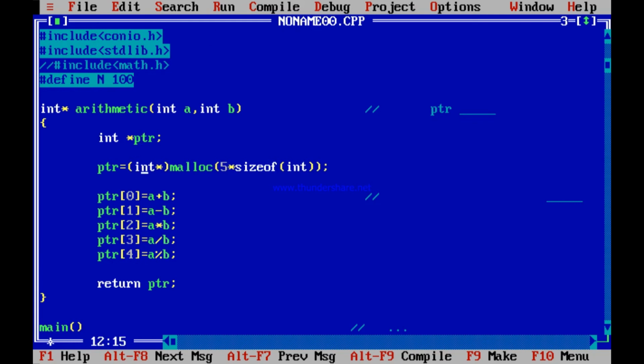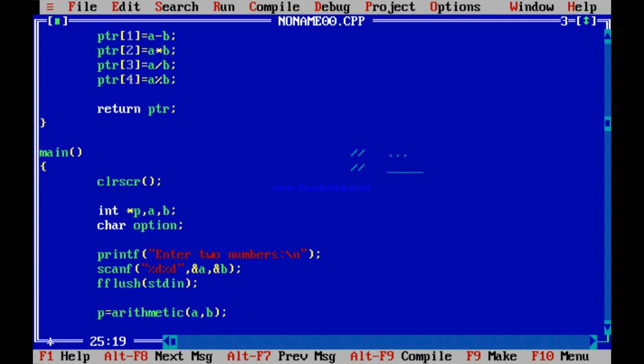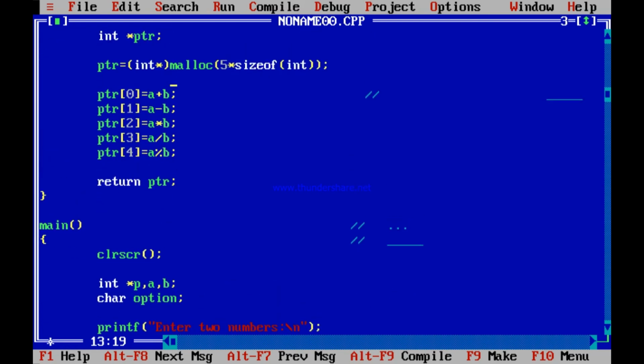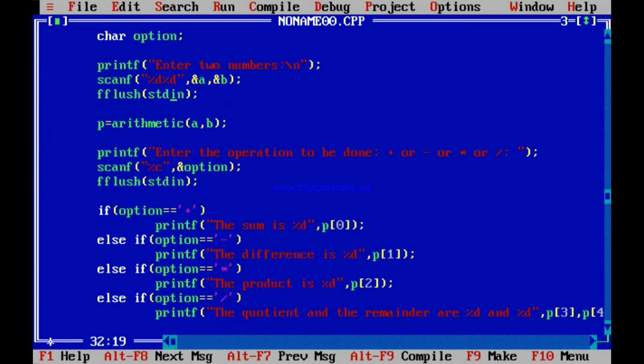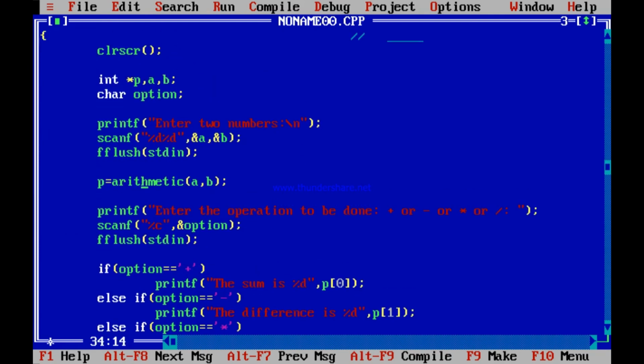Why? Because the malloc that you are doing, you cannot free over here. You need to free in main. You are doing the malloc in one function and the free in another function. Often main does not know that the arithmetic function you are calling has allocated memory. Over here you are writing the function and main yourself. But often the function will be written by somebody else, like clear screen. Clear screen has been written by somebody else. You are just calling it. Like that arithmetic could be written by somebody else. How do you know that you need to free this P? You don't know. So this is the problem.